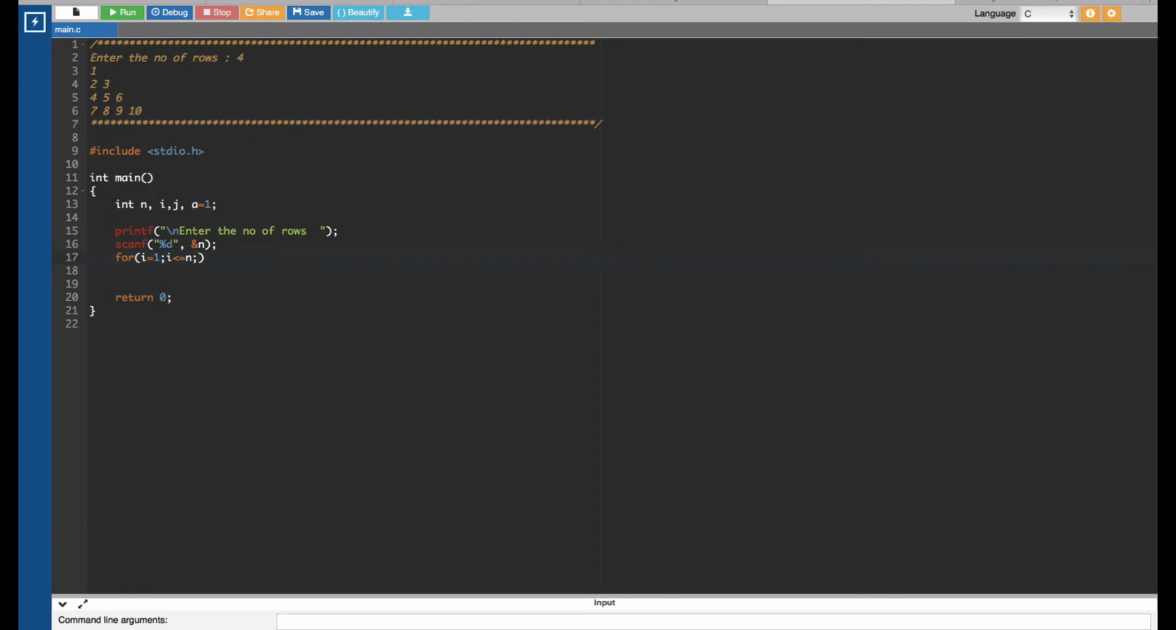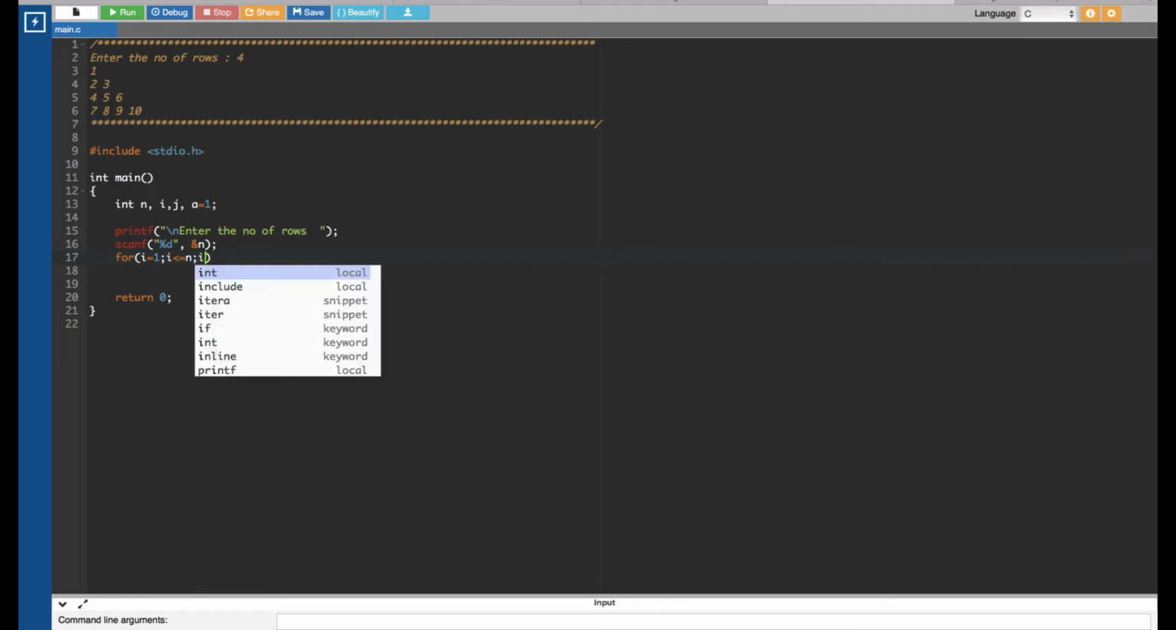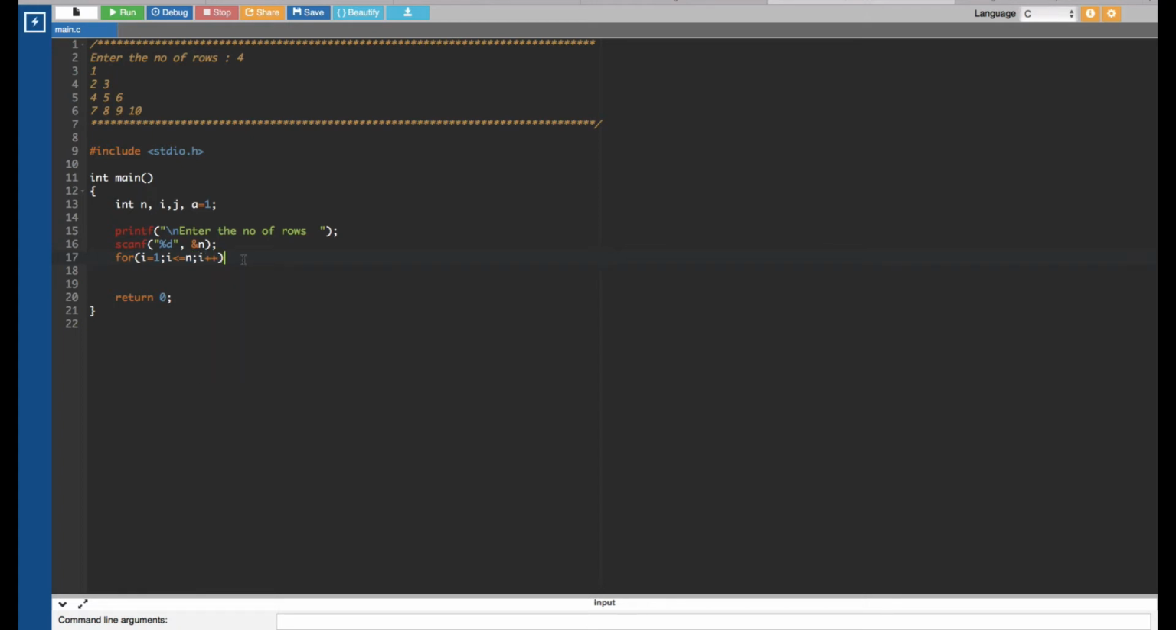Now the next thing is we have to do the increment of i by 1 each time, and then inside of this for loop we are going to create another for loop. That's why we call this one a nested for loop. So in this for loop, I initialize j with 1, and then we set the condition that j is less than or equal to i, and then we do the increment of j by 1 each time. So we put j plus plus,